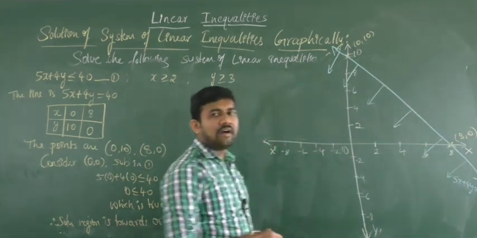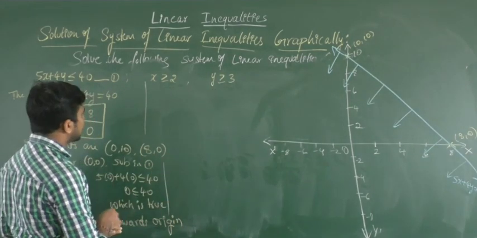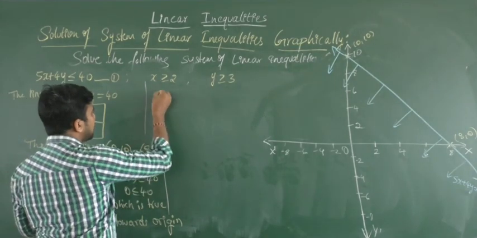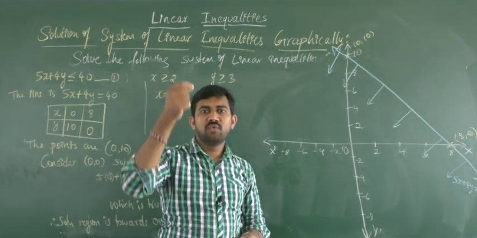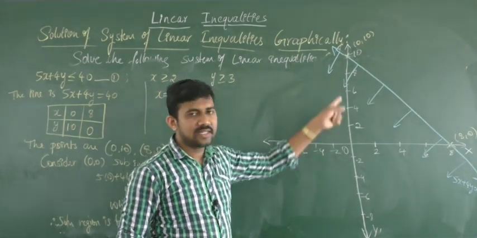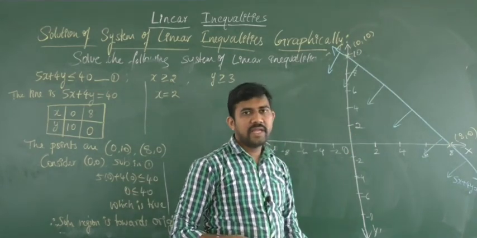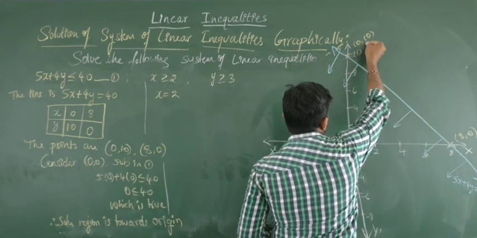Okay, after that go to the second inequation that they gave. In the second inequation you can observe x is greater than or equal to 2, which means what line will you get? x is equal to 2. x is equal to 2 means what? A vertical line will you get, right? That you saw in our previous class. The vertical line passes through the point 2 on the x axis. Okay, so I'll draw that.